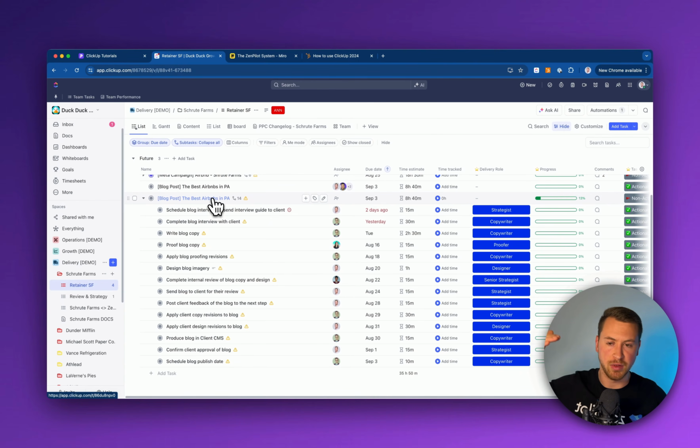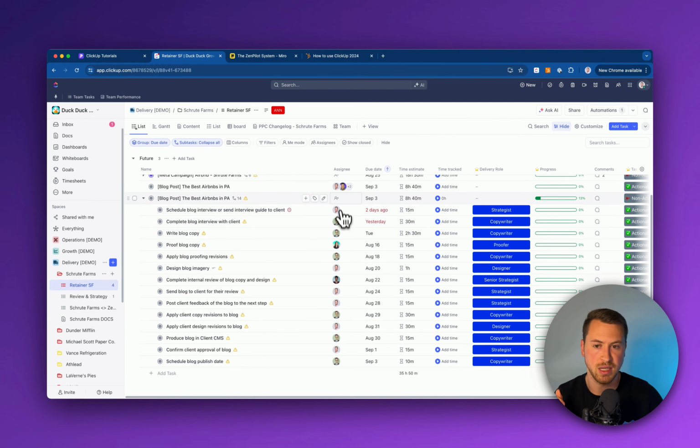And so collectively, that's what we're trying to accomplish as a team. And then underneath that are all of the different subtasks that we're actually going to be working on as a team that's going to help us complete that blog post. So you're assigned to this, you're assigned to that. This is how we're going to pass work back and forth across the team. Essentially, we have subtasks, each assigned to one person. Again, we only want one person per